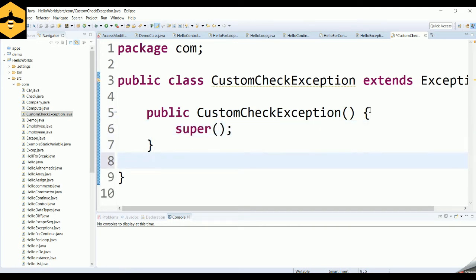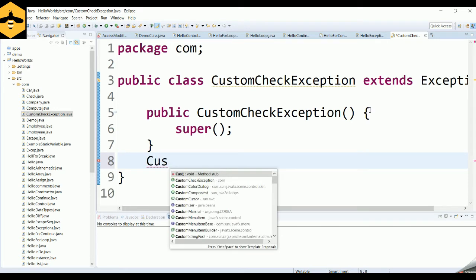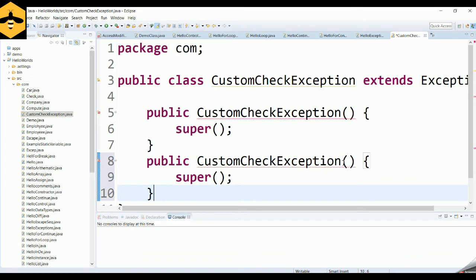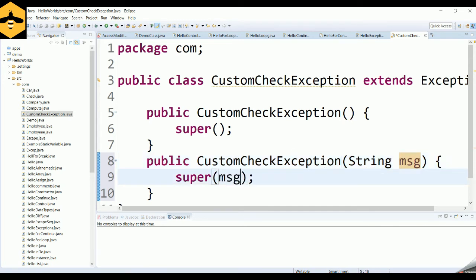I also want to create one other constructor which will take a message as the argument, so that I can pass some message to this particular exception. In that scenario, I will create one other constructor with the same name, because a constructor takes the same name as the class, but it is not going to be a default constructor. Instead, it is going to take a message, and that message is going to be passed to my super class's constructor. So this is the custom exception that I have created.